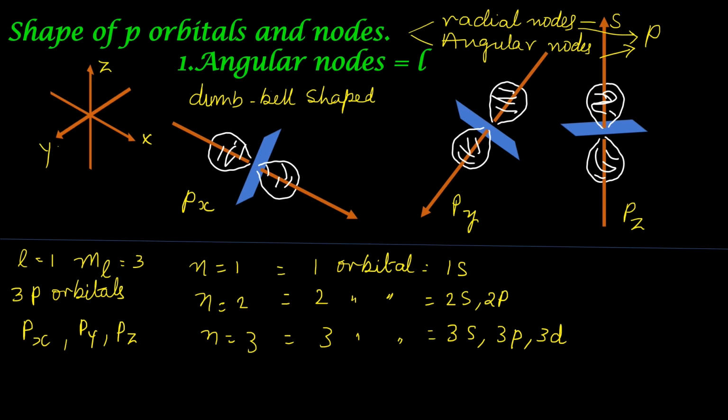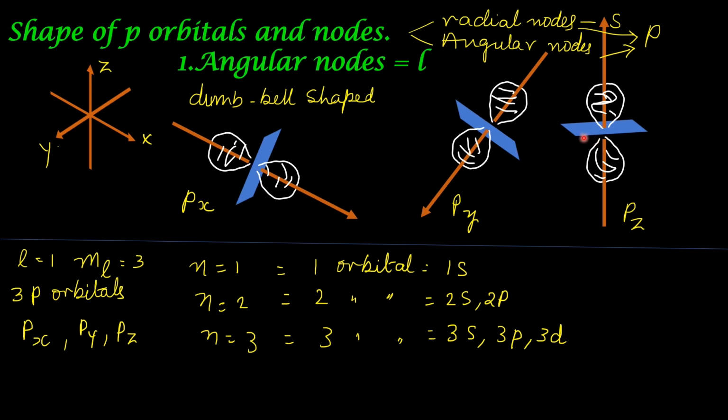The three orientations for each subshell are degenerate, but the energy of the 2p subshell will be less than that of 3p, less than that of 4p, and so on. The size of 2p will be less than the size of 3p. Remember, the number of angular nodes for the p orbital will always be 1. That is for one orientation, because the value of L for p is equal to 1.